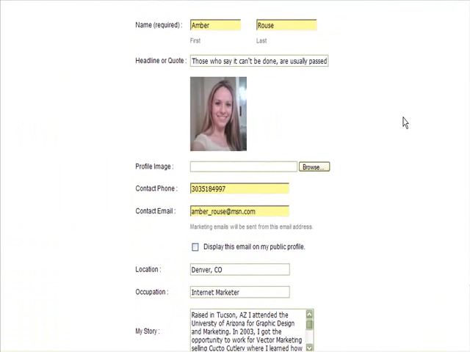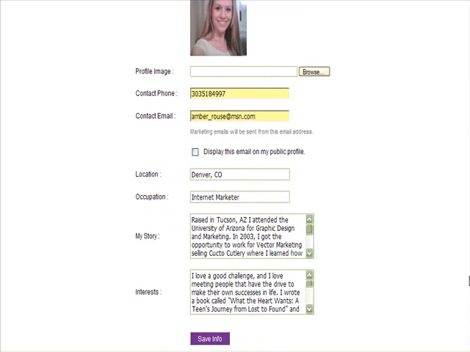You can enter in your name, a headliner quote. Instead of a headliner quote, you may just want to say, "Welcome to my site," or give them direction to take action. Please, submit your information into the contact form below so I can get in touch with you. You can browse your hard drive and desktop in order to come up with a picture of yourself. You have your contact phone number and email address. Then you've got your location, occupation, and this is really the area down here where you can start to customize